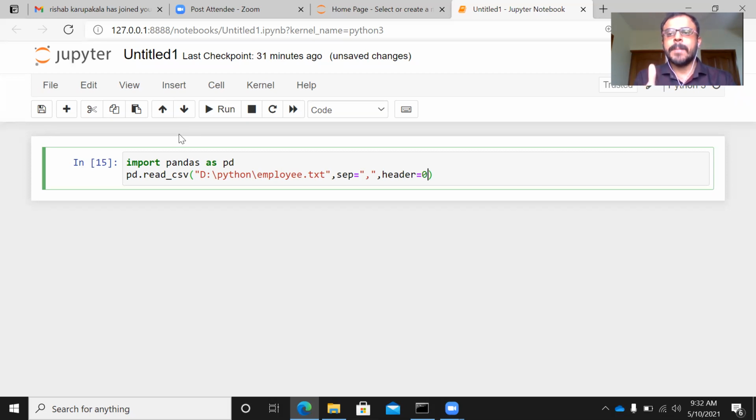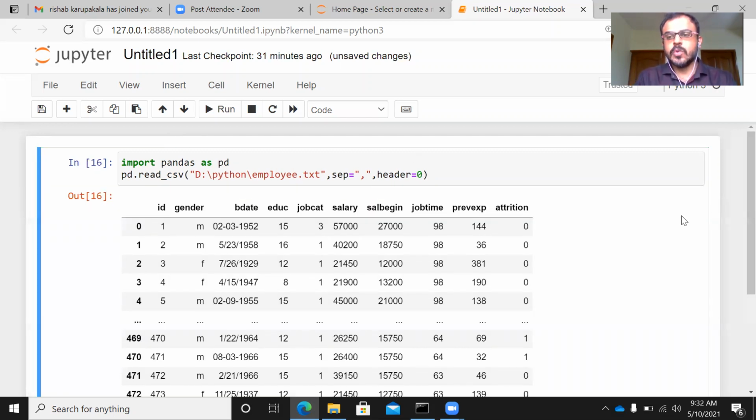The first one is the path of the file. It can be in C drive, D drive, or any location. You have to specify the location of the file. Please remember to give the name of the file and the extension of the file. The second argument is the separator of the file, and the third argument is header. As I said, the second and third arguments are redundant because Python would be able to import the file even if you do not specify the separator and the header. Let me just go ahead and fire this query. So this is what we have.